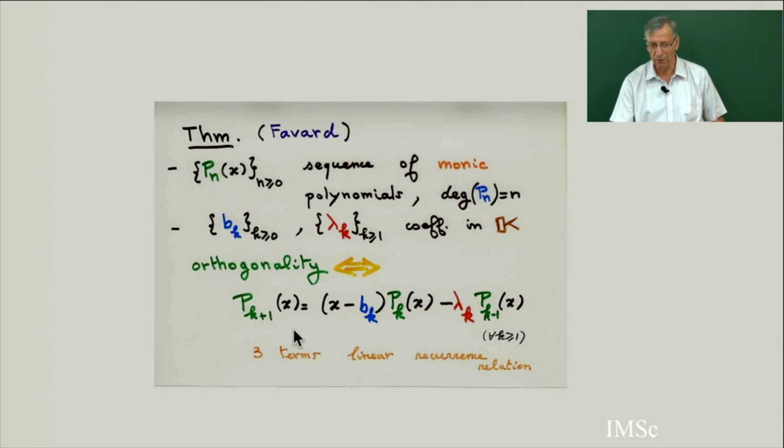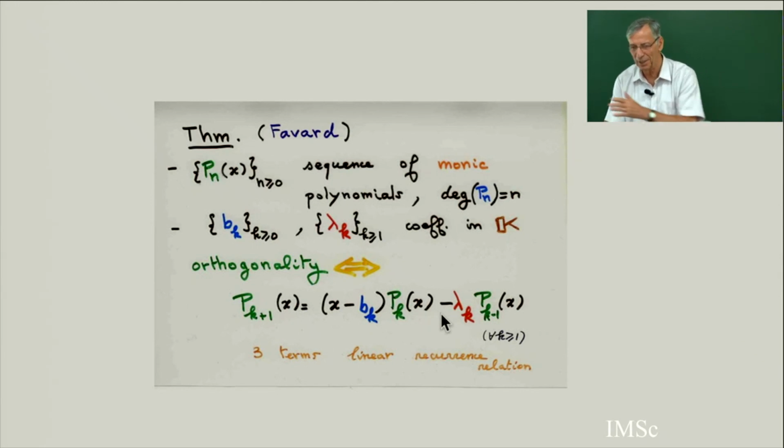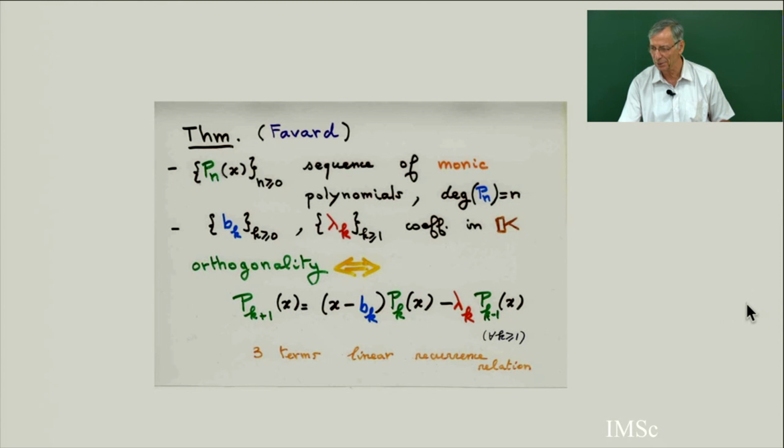So in general, when you have a sequence of monic polynomials, each polynomial p_{k+1} can be expressed as x multiplied by p_k minus something times p_{k-1}, p_{k-2}, p_{k-3}. So you have to go back until p_0. You can express any sequence of monic polynomials as a recurrence relation on all the previous polynomials. But in the case of orthogonality, you stop, and you have only p_k and p_{k-1}.